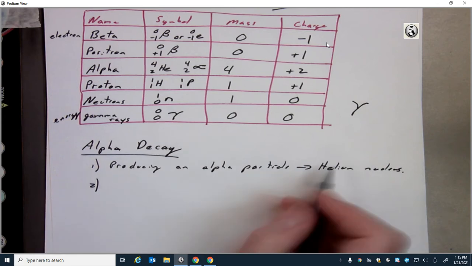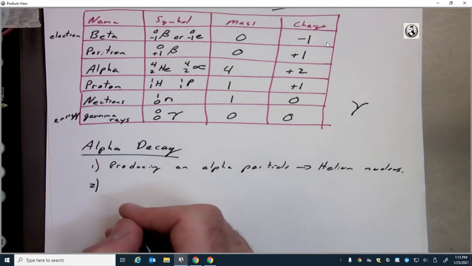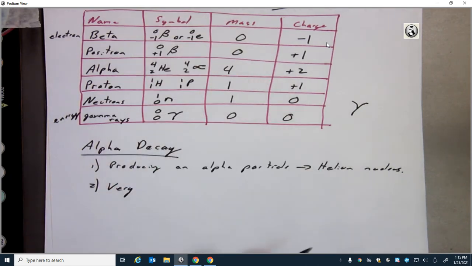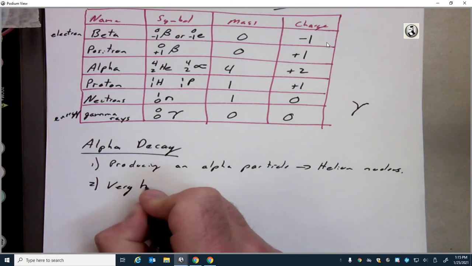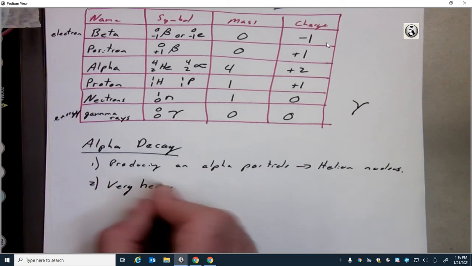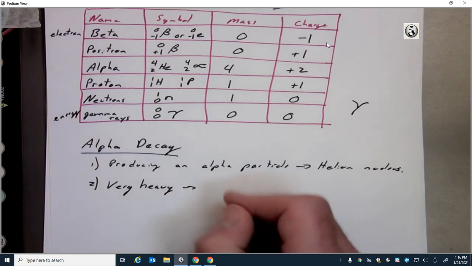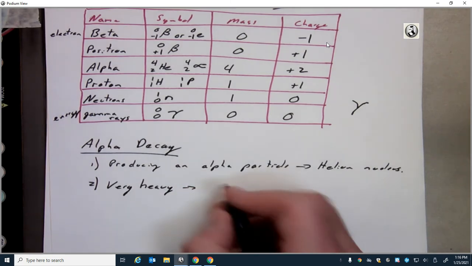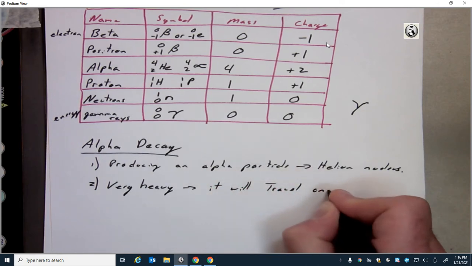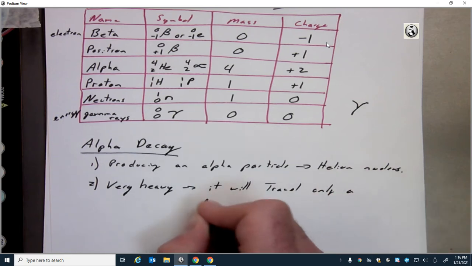Alpha particles are very heavy in comparison to the other ones, with a mass of 4 AMUs. So because it's so heavy, it will travel only a few centimeters